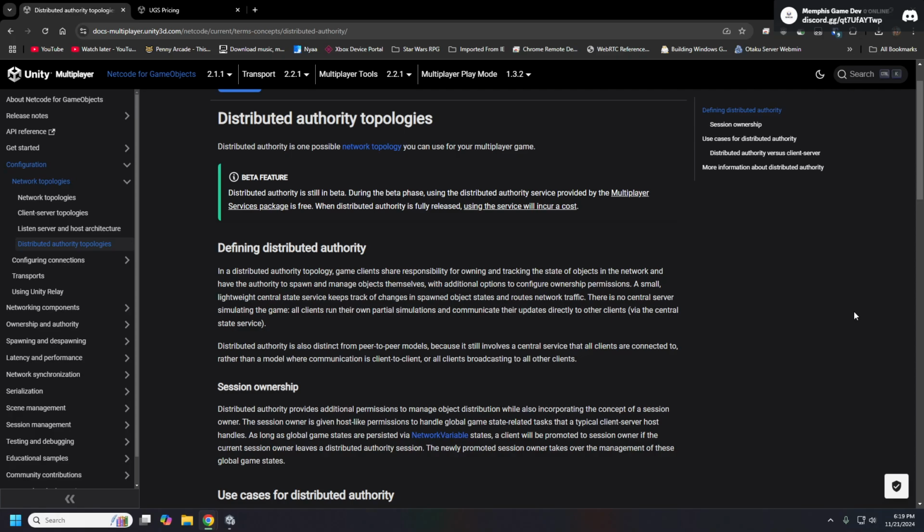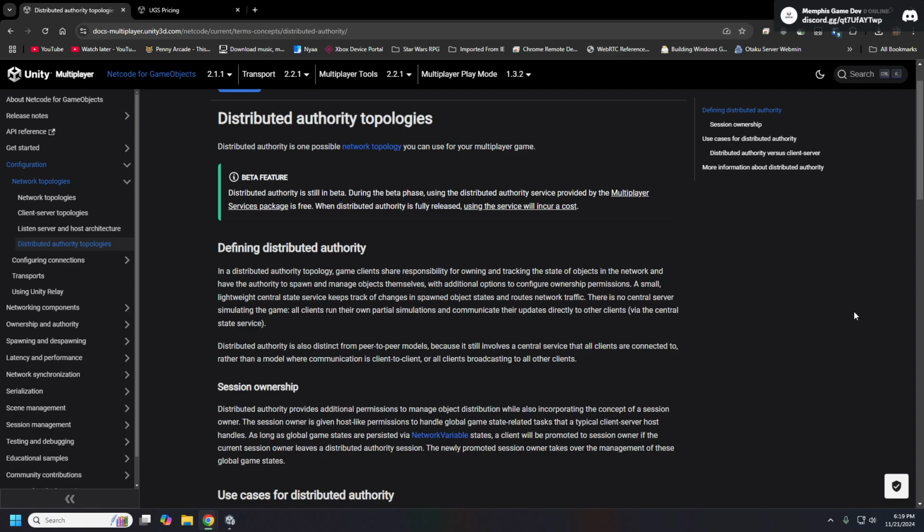Okay, so what exactly does distributed authority mean? In your normal client-server, dedicated server architecture, the server or the host controls the entire simulation and is the owner of the actual network session. That means when the host or server disconnects for whatever reason, the entire network goes down and all clients get disconnected.